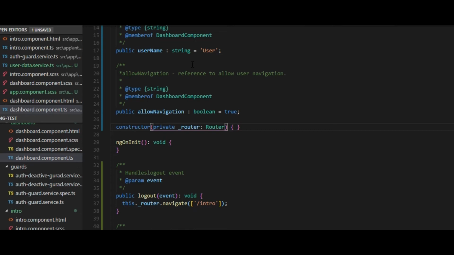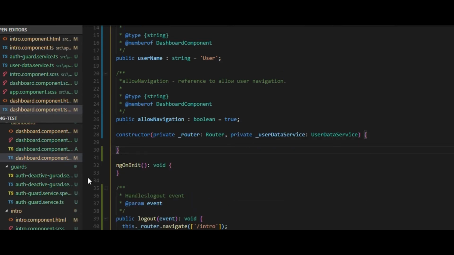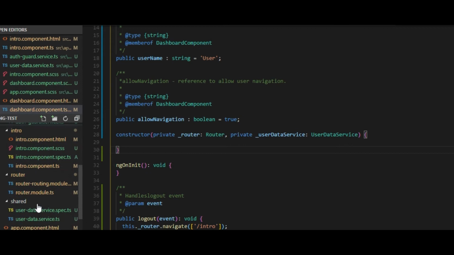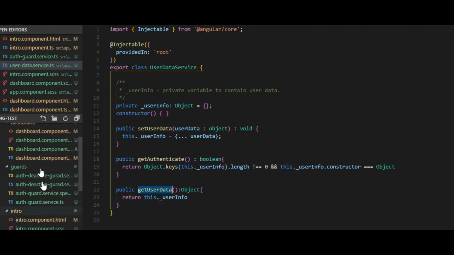So what we will do is first of all introduce our service layer into the dashboard. What we need next is to check if we have written any functions to give out the data. No, we have not. So we'll be writing a get method for retrieving the user data from the service.